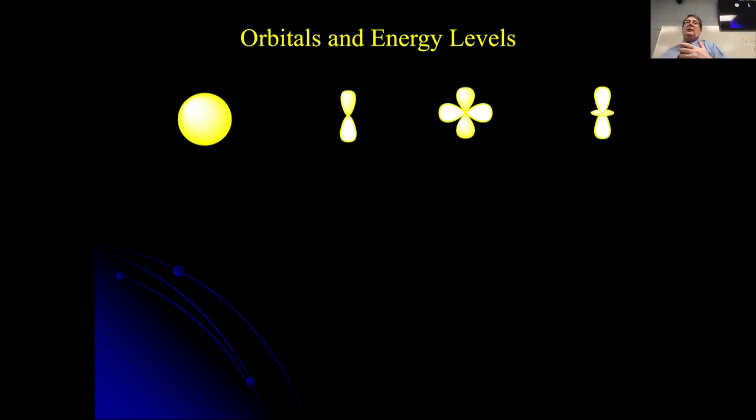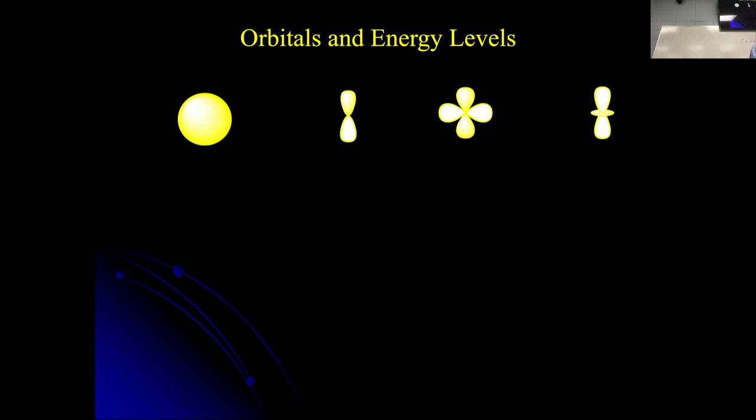And I always thank my lucky stars every day that I decided to be an organic chemist, because I only got to deal with a couple of orbitals because of where carbon sits. What do you all know about orbitals? There's 4 different levels. Okay, they're different levels. What else do we know about them? What are they? We think of them as a shape. Yeah, that's how we think about them. But what are they really?